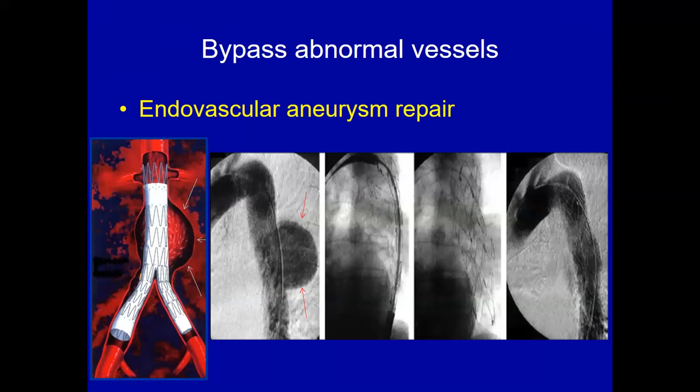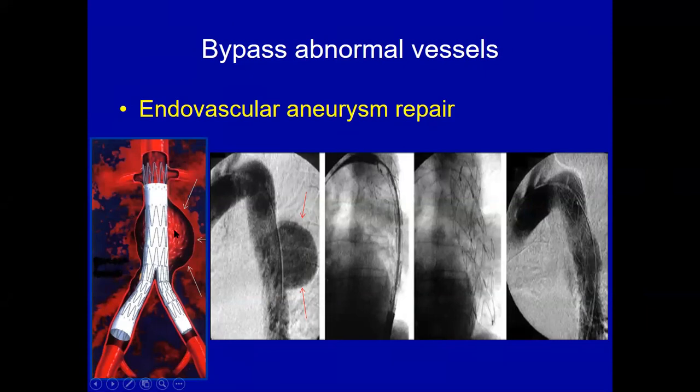The other thing we can do is bypass abnormal aneurysms. So this patient with abdominal aortic aneurysm, so this is the aorta, renal artery right and left. This is an aortic aneurysm, common iliac arteries. So we can... This usually comes in 2 pieces. So this from here up to there is 1 piece. So we put this from the right groin. And there's another piece, which is this one. We come from the left groin and we put it inside, and we create an access where we exclude the